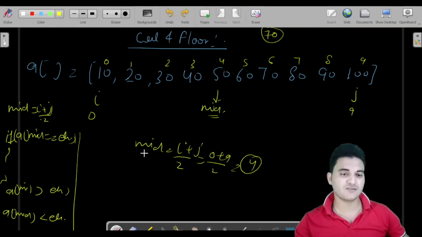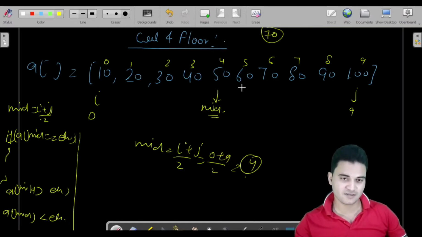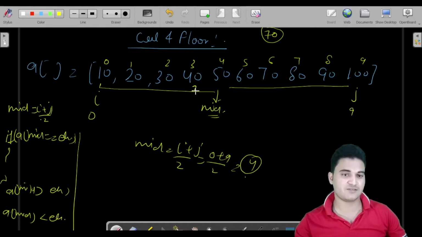So in this case, if this is not equal to this one, then we would check if A of mid is greater than the element. Is this greater than this? I mean the element for which you are searching. No, it is not, because it is lesser than this. Then what we saw in binary search, obviously the element for which we are searching has to lie in this range only, this and this. Why? Because the element for which we are searching is lesser than 50. Obviously the element will lie in this range, because all the elements from here to the left are lesser than the element of the mid.